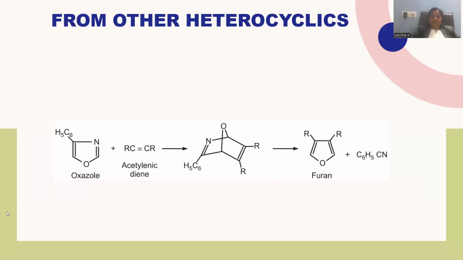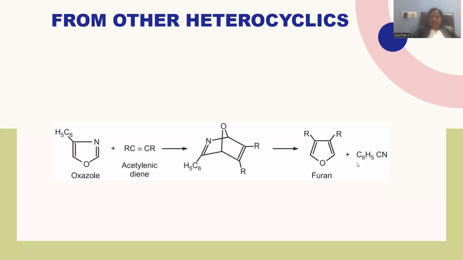From the other heterocyclics, I am taking oxazole as a starting material. Oxazole is the kind of material where oxygen and nitrogen together exist within the 5-member ring system. And another triple bonded acetylene was treated on this oxazole molecule. Whenever the triple bond is applied over there, there is a kind of Diels-Alder reaction, able to generate the norbornene type of derivative. This norbornene derivative will go for the removal of the moiety of this nitrogen part, and that is able to generate this furan derivative in addition to this